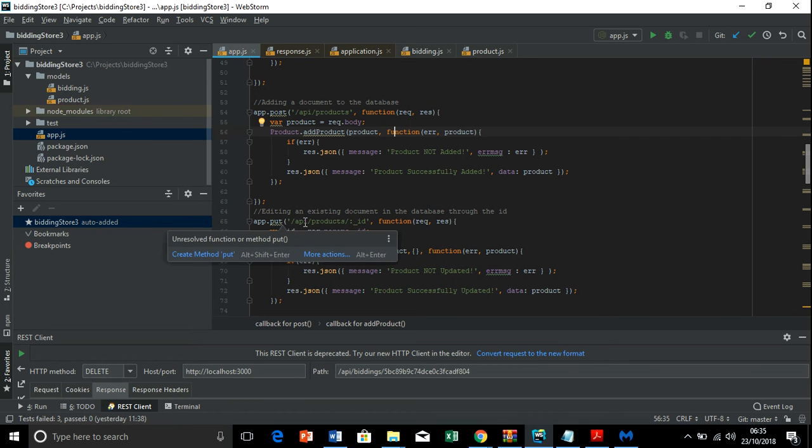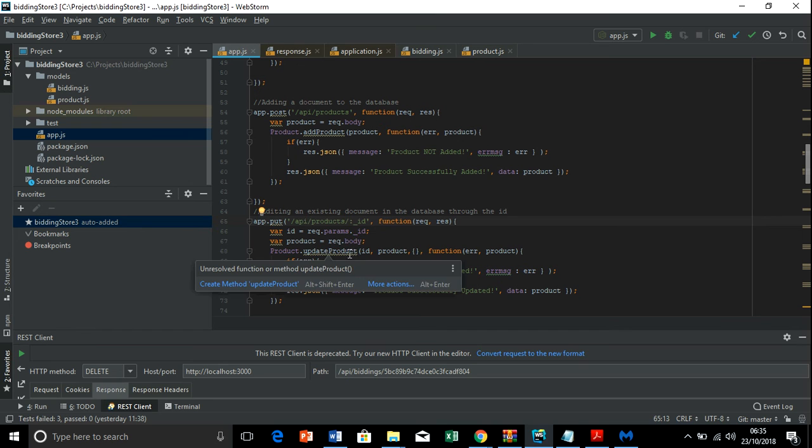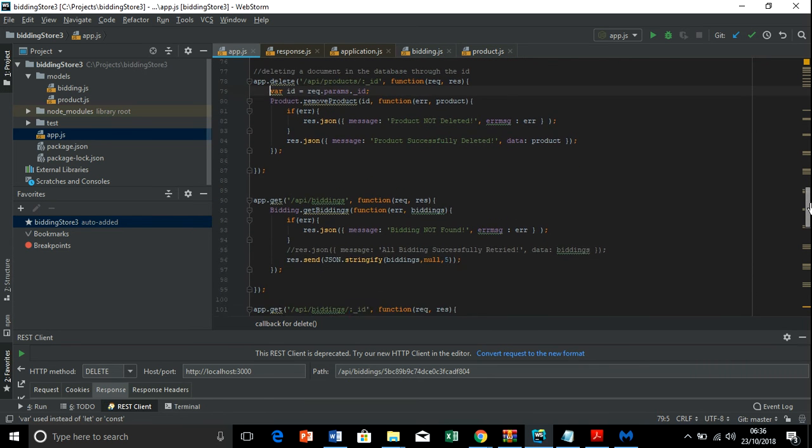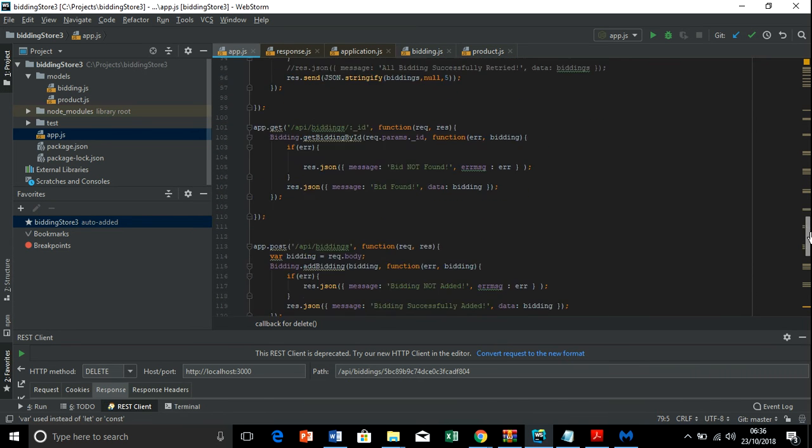Editing a product, which is the put. Here is the URL also. So product.update by ID, you can only update it by ID. You input the URL, as you can see here, app product slash, you input the ID, then you can update the product, update any aspect of the product. If the product is not updated, it displays this message, but if it's updated, it tells you that the product is successfully updated.